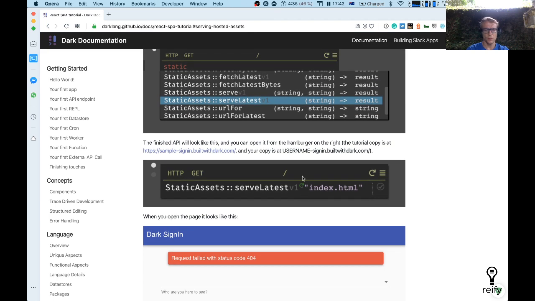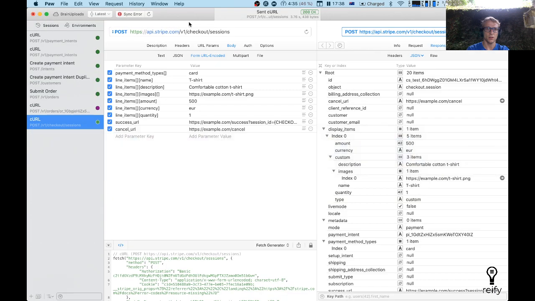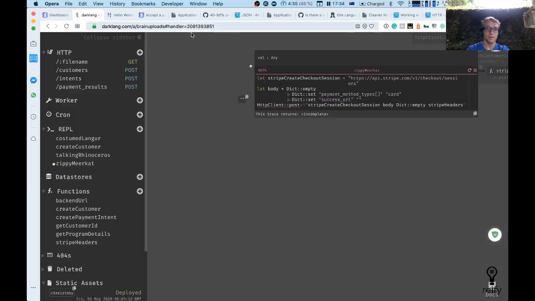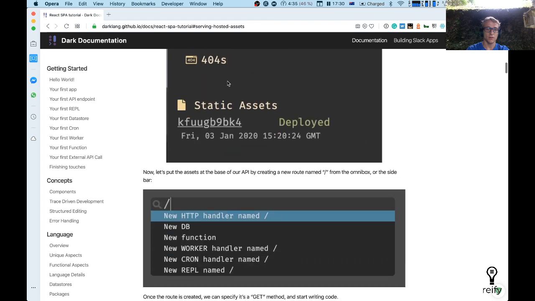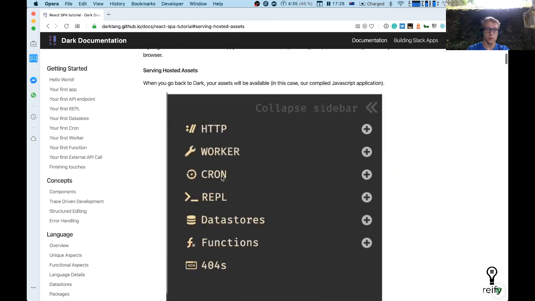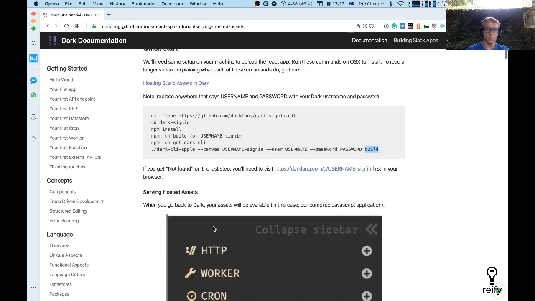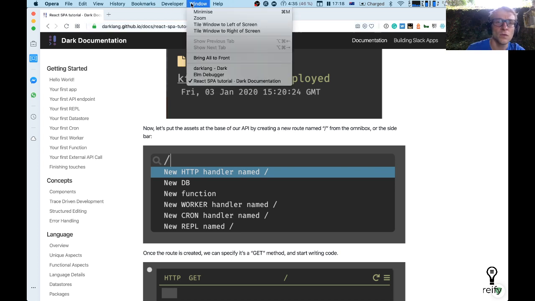So when you do serve latest, it's index HTML. What I don't get is how the heck does it get an index HTML? Does it like, so they upload? Let's check here. But they do React push uploads. So Dark CLI, upload the build folder, okay, and then they go to this one and they search for,